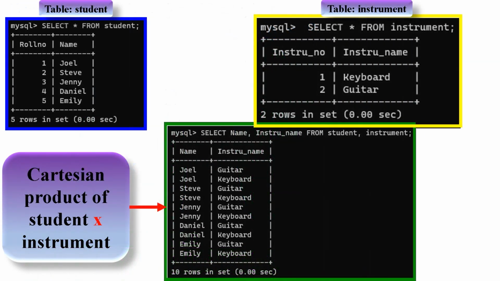Let's see an example for Cartesian product. Look at the blue box. This is a student table containing 5 records, named Joel, Steve, Jenny, Daniel, and Emily. Look at the yellow box. This is an instrument table containing 2 records, named keyboard and guitar. Now, look at the green table. Cartesian product of student cross instrument. Look at the query in the green box: SELECT name, _name FROM student, instrument;